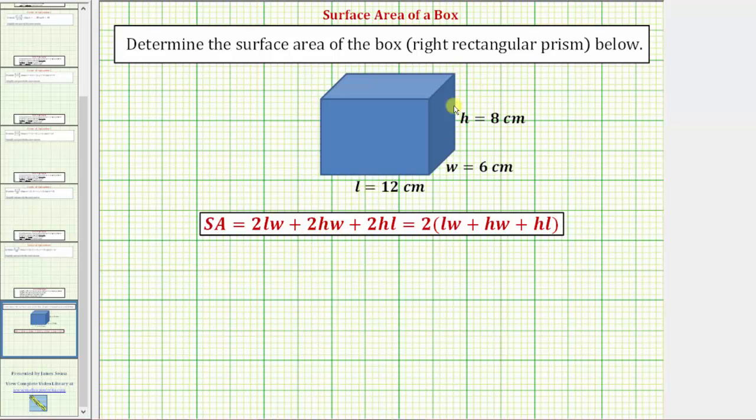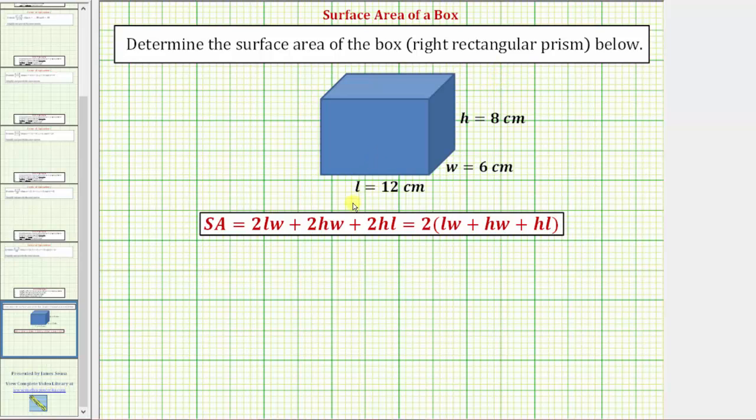Notice the height times the width would give us the area of this right face, but the face on the left would also have the same area. So 2 times the height times the width gives us the area of the right face and the left face. And then finally we have 2 times the height times the length. We'll notice how height times length will give us the area of the front face, but the back face also has the same dimensions. So 2 times the height times the length gives us the area of the front face